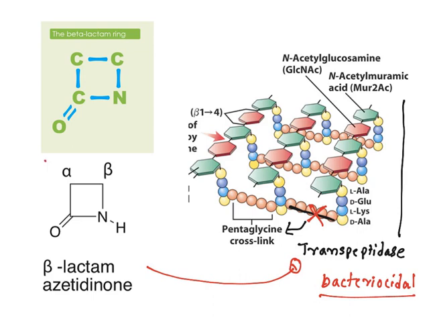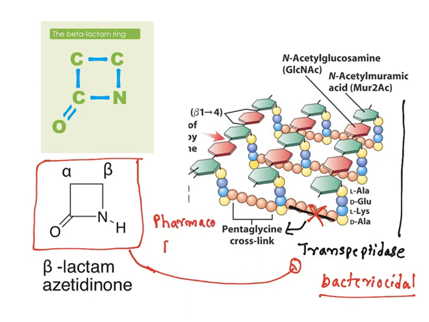Hence, they are all known as bactericidal agents. Cide means to kill. So, they will kill the bacteria by disrupting the cell wall. Now, the nucleus which is responsible for this is the beta-lactam. So, this nucleus is responsible and required for this action. Hence, this nucleus is known as the pharmacophore. Pharmacophore means a nucleus or a group of atoms which are responsible for its mechanism of action. In beta-lactam antibiotics, the beta-lactam ring is responsible for the mechanism of action. So, this is about the mechanism of action.